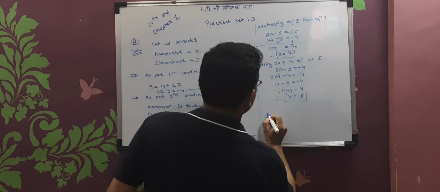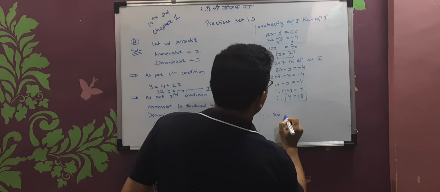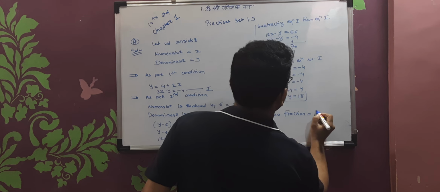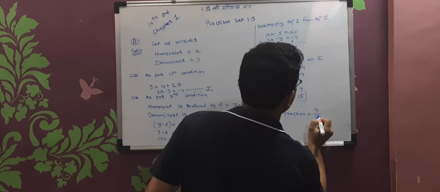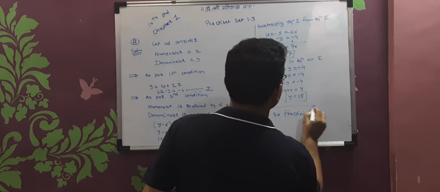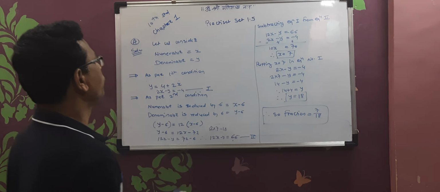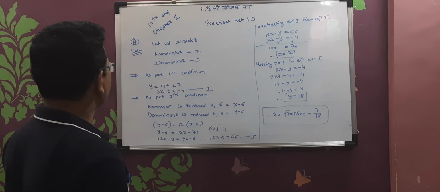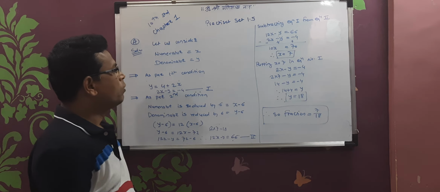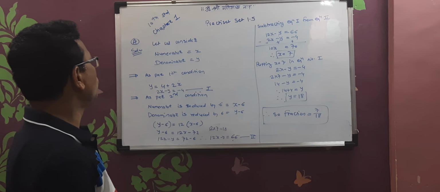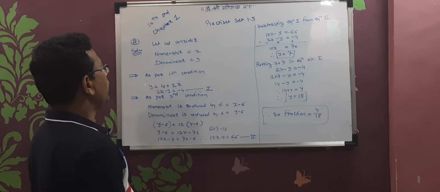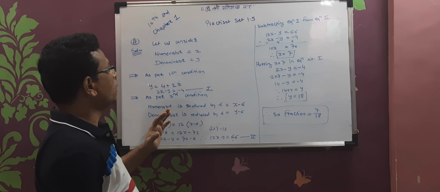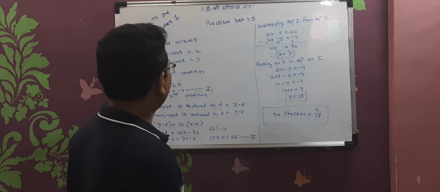So what they have stated, find the fraction. So the fraction is 7 upon 18. Now this is the answer of this problem. Hope you might have understood this problem. This is a simple problem. First of all, we must know how to simplify and write the simultaneous equations from the given condition. Once you understand that, we can solve the problem quite easily.